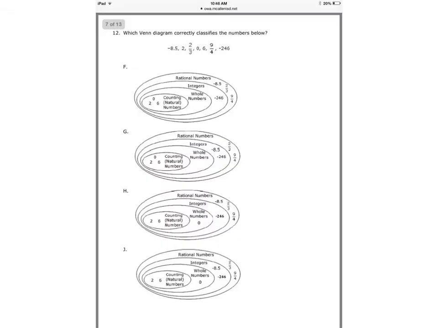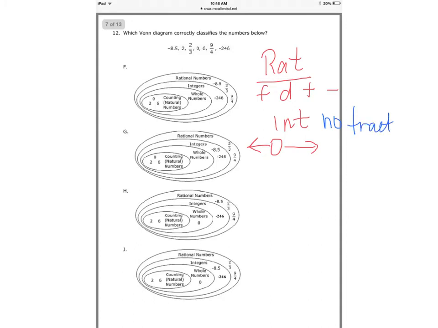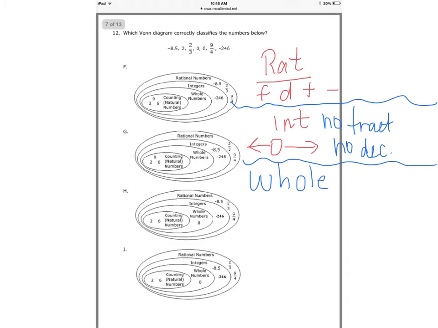On number 12, which Venn diagram correctly classifies the numbers below? Remember, rational numbers are your fractions, your decimals, your positives, and your negatives. Integers are like whole numbers and their opposites. No fractions and no decimals. Our whole numbers start with 0 and go up. There's no fractions and no decimals and no negatives. And then our counting or natural numbers,